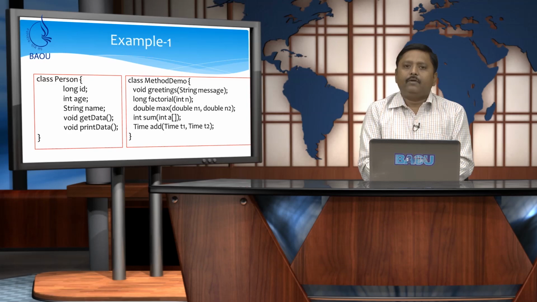So, we are going to write down three classes. One class is a person class, another class is a time class and the last class is MethodDemo, and inside MethodDemo we will define all these methods. And we have one more class which is used to test all these classes. So, we write down four classes: person class, time class, MethodDemo class and the test class. So, let us start writing these programs inside NetBeans.